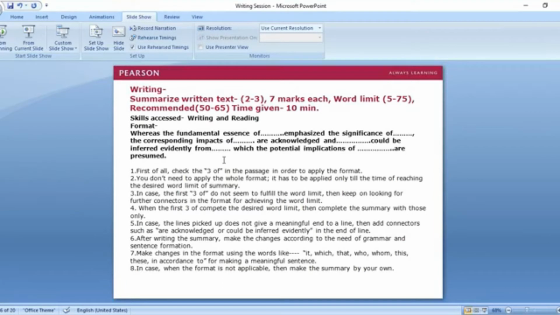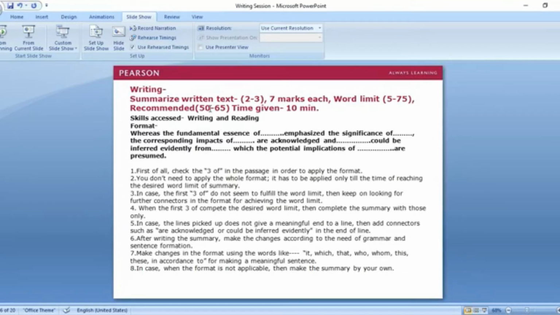So, what do you have to do? You have to look for the 3 "of"s in the passage in order to apply the format. You don't need to apply the whole format, as it has to be applied only till the time of reaching the desired word limit of the summary,